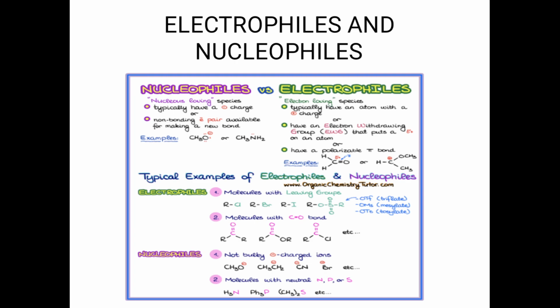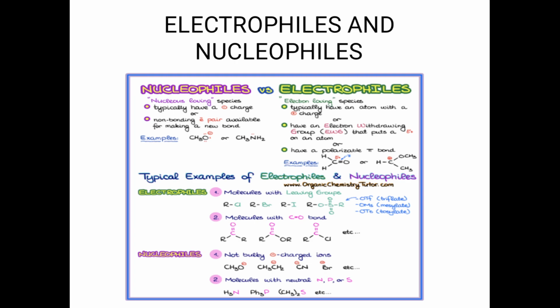Electrophiles are electron-loving species and they are electron deficient, having a positive charge or incomplete octet, which makes them seek electron-rich centers. Examples are RCl, RI, or molecules with C double bond O like RC double bond OR, RC double bond OOR, and